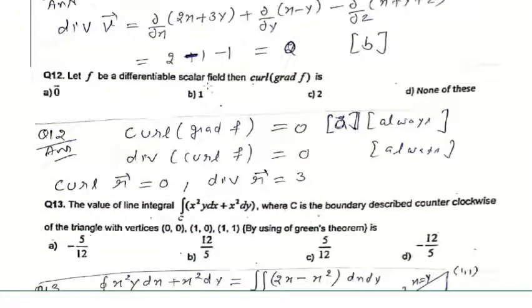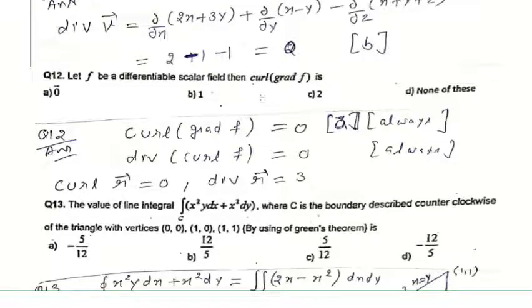So if f is any differentiable scalar point field, then the value of curl of grad f, curl of grad f, is always 0. This you have to keep in mind. Whatever the scalar function f is, very long, lengthy, whatever, the curl of grad f is always 0. And secondly, if f is a vector point field, then divergence of curl f is also 0 always. One thing you need to keep in mind also: curl of r is 0, divergence of r is 3.